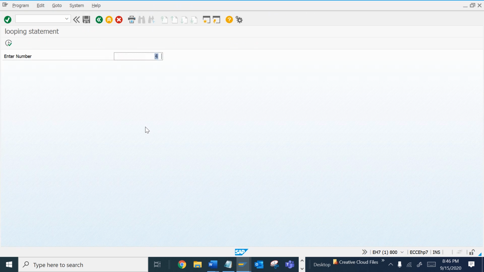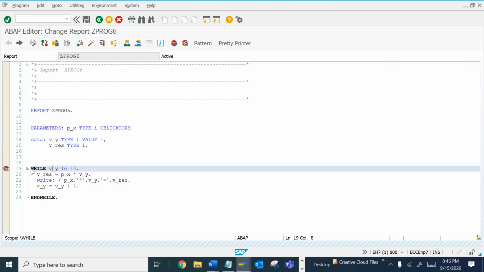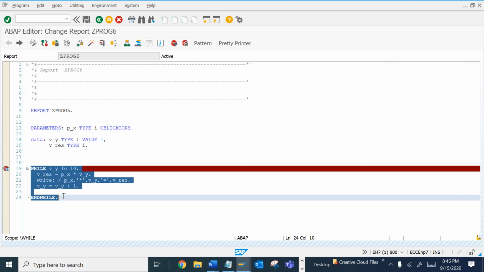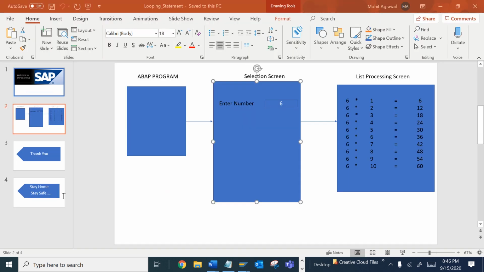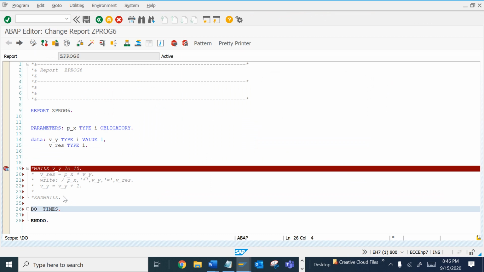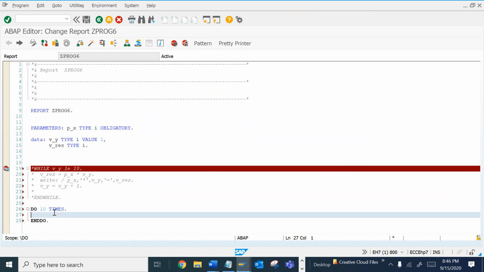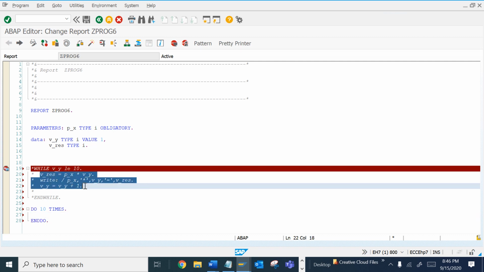Now let's see the same flow with another looping statement. That can also be achieved with DO and ENDDO. We have to make the iteration of this value 10 times, so we can do the same thing with this also.